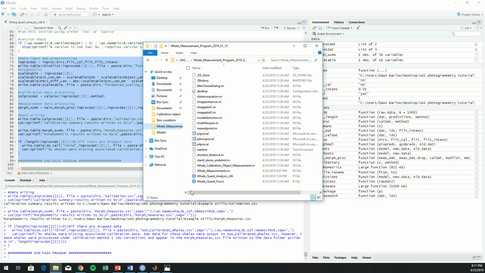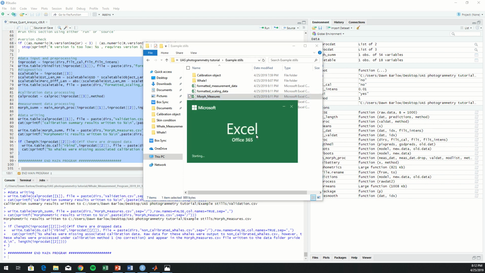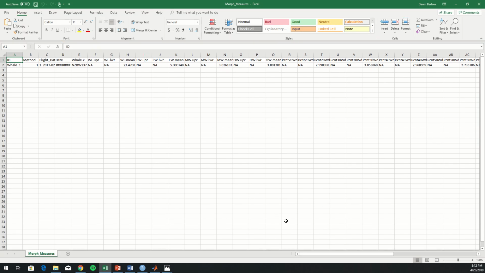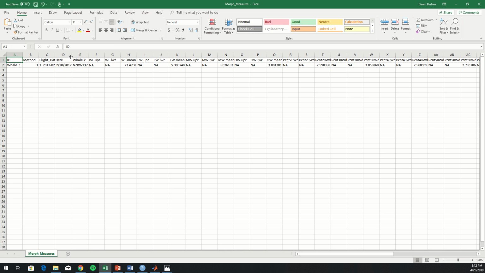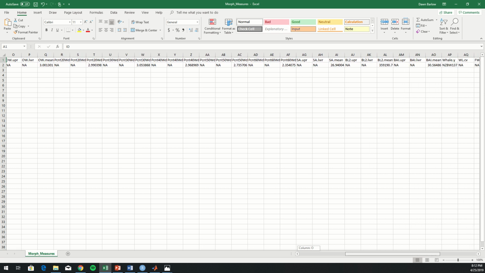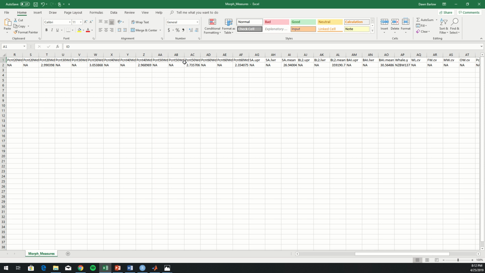Once you're done, what should happen is in that folder that you selected as your directory, you're going to have the outputs from this. The most important one here is this morph measures folder, because this is what will have pulled together the information from the calibration scaling object with the whale measurement data. So this will give you the flight date, and the flight information, the whale that's measured, and all of the associated information, including surface area, which are these SAs,